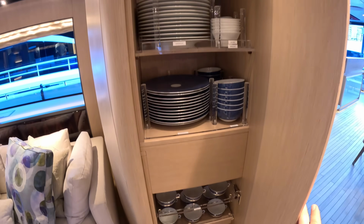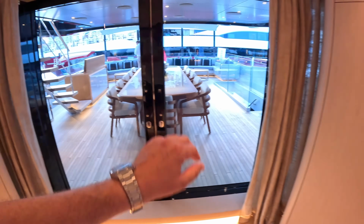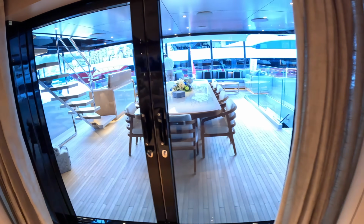Okay, that's the crockery for this area, and that's quite handy because we've got dining out here. We'll go out that way next. There we go, bar area, etc. Okay, so if we come back here,